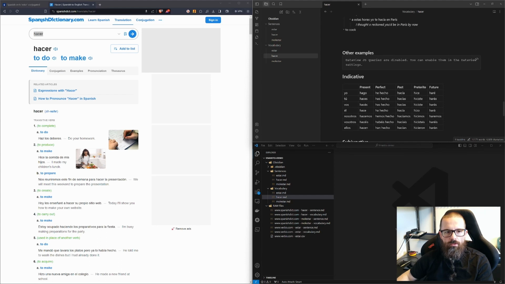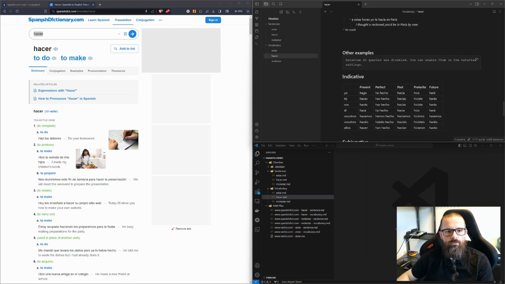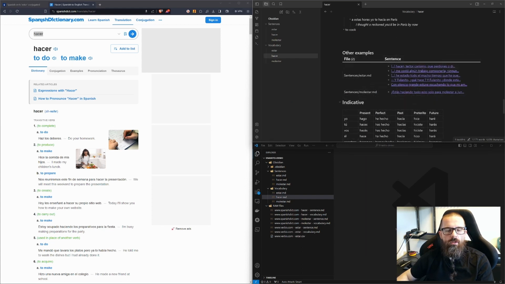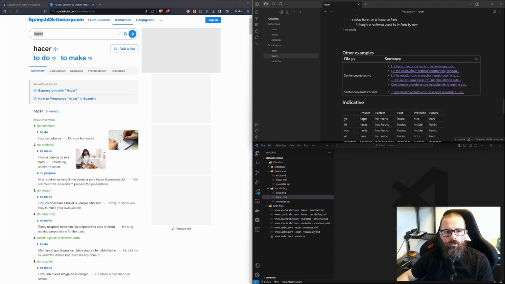And this is data view. Data view is a community extension that is required for this query. And also it requires to enable this feature. And once we have this feature enabled, we can see where our word hacer is used in other sentences with examples. Yeah, but in this section we will not see examples from our sentences